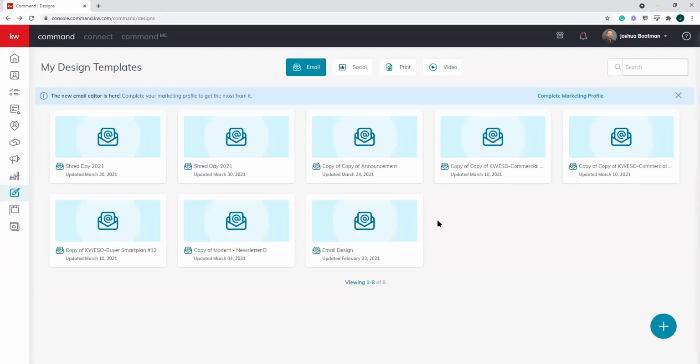So that's the email designs editor. We're going to jump into the social and the print editor because those function a little bit differently. But before I do that, are there any questions about the email design editor? Right? I mean, it's pretty simple, but if you have any specific questions,